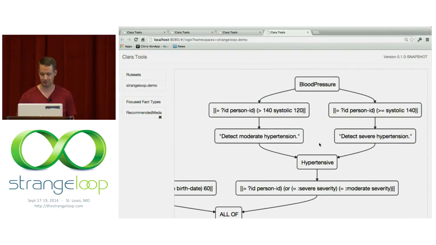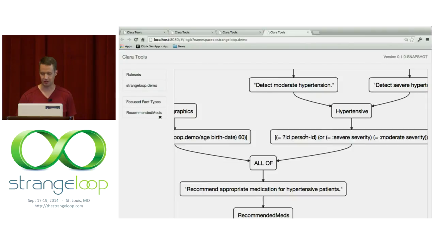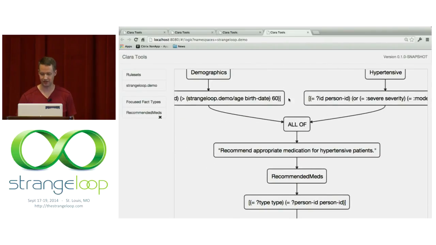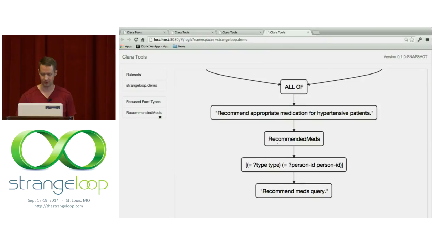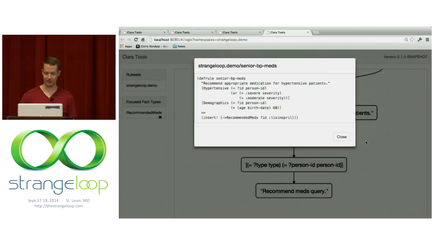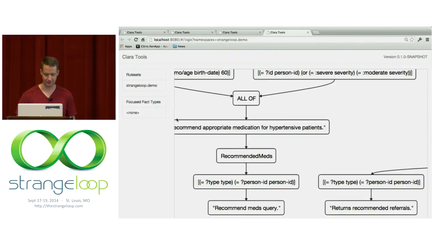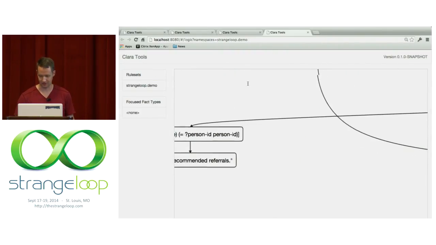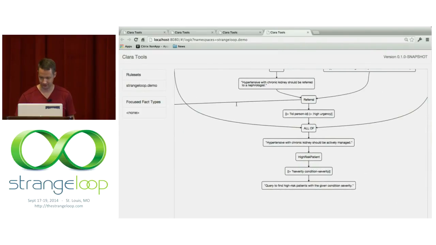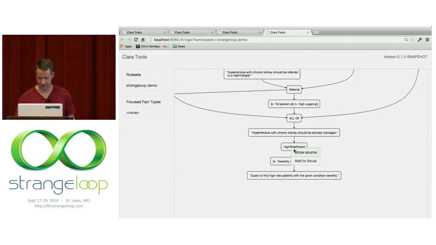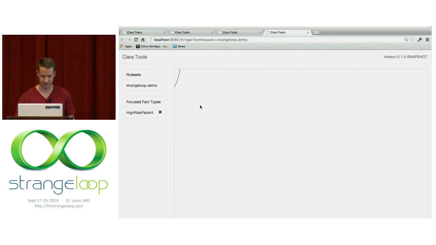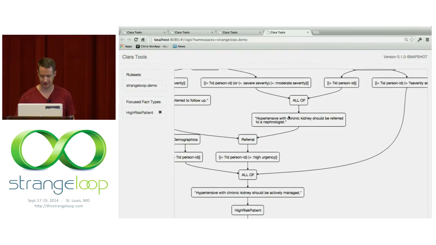I can see from blood pressure we would infer how they're hypertensive. If all of the above criteria are met, I fire this rule, which recommends medications. And then, just for fun, I made some simple interaction with it so I could drill down and look at the source code if I really wanted to see what the relationships of these rules are. And I can zoom out and we'll look at another example here. If I want to look at something a little more involved, where I want to look at whether this person was a high-risk patient. And then we can see the relationships between those.